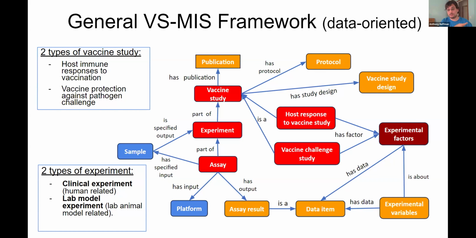You give the vaccine to the host, immunize them, then observe the response. If you then add the pathogen to a study and track the survival of either the host or the pathogen, then you end up with the actual vaccine challenge study. And again, I want to reiterate that the use of experiment covers both clinical visits, which tend to be more human-related, and also lab model experiments with animals that link up to the different